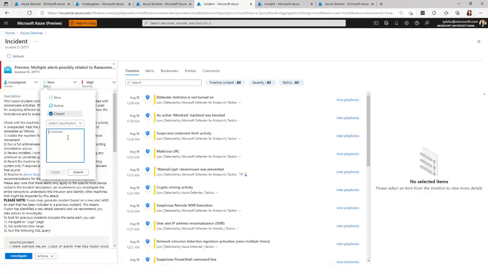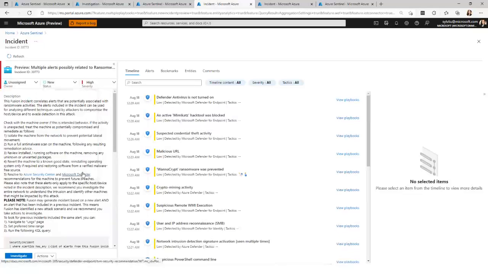Again, if you are able to provide additional information to help us understand why it is a true positive or a false positive in your environment, it would really help us train our machine learning model and improve the detection quality. So it is really important that you investigate the incident and share the feedback with us.